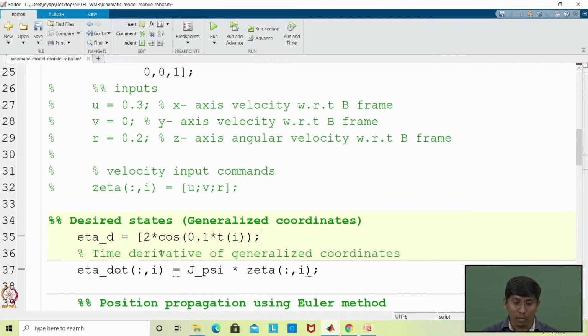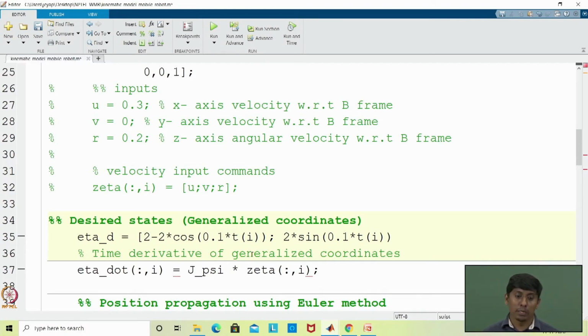And similarly, the other one I am taking as 2 minus, so that it would be easy for my further run. Okay. So the other one is 2 sine of 0.1 times t_i. Why have I taken minus 2? Otherwise my starting point, which is 0 on the x axis, but in this case if I put t equal to 0, it suddenly starts from 2. So in order to make it neutral, 2 minus 2. Then you may ask whether 2 cos with this minus 2 also will work.